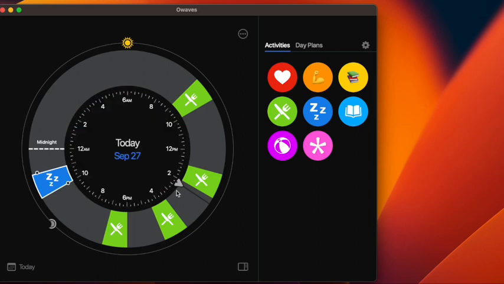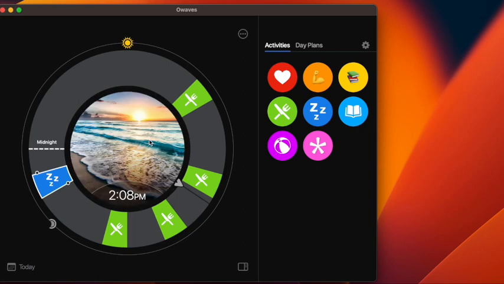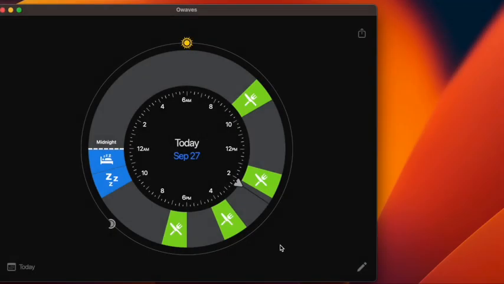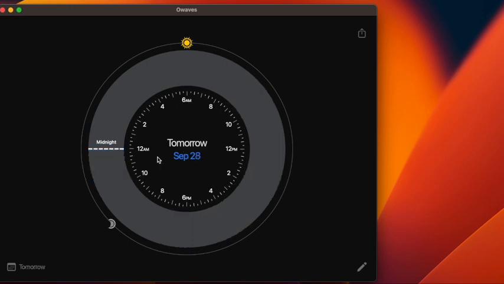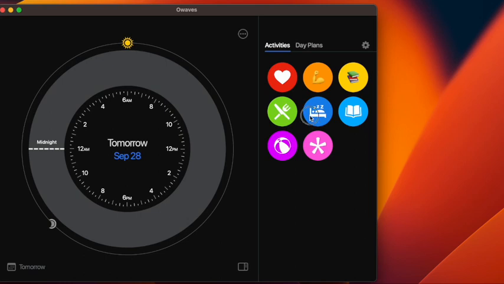And yeah, you can also go to settings and change the image in the middle as well. So we're going to just focus on this lesson. It's going to be on putting in your eating times. So if you want to see the next day, you can just click in the middle and swipe to the right. So for tomorrow, then you could book in your time here, how long you're gonna sleep for.